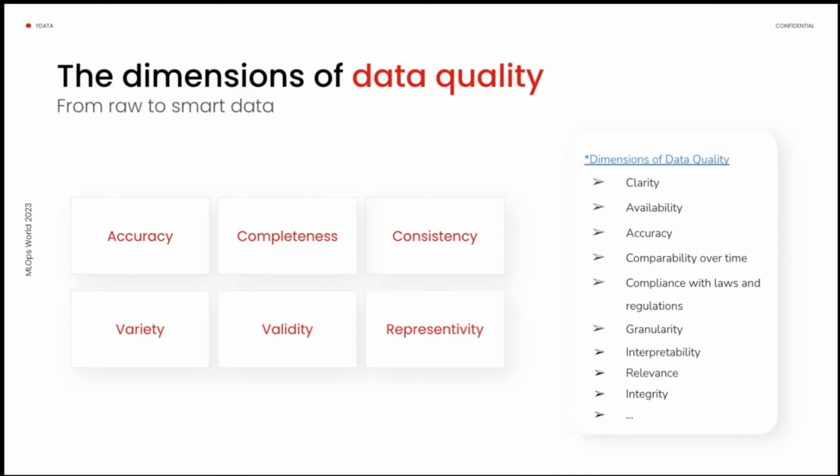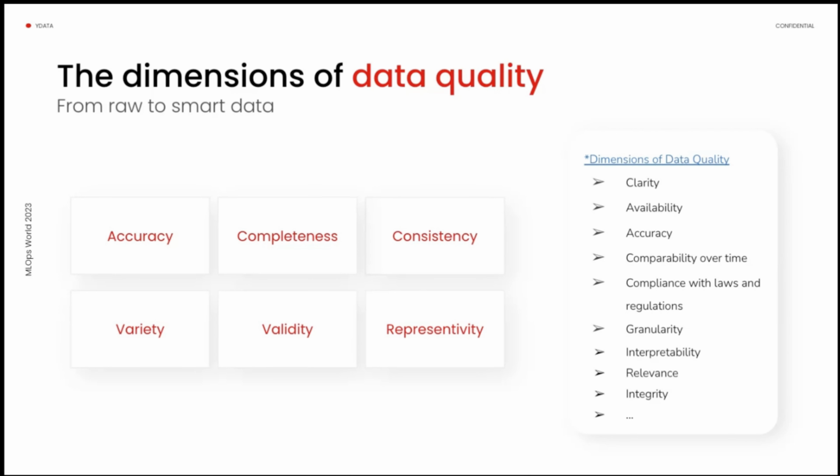And these have been proven even for LLMs. For example, the Chinchilla paper definitely stated that it is possible to train smaller models if you really use well curated and accurate data. But, well, what is good data? 70 dimensions. There are papers stating that. So actually, data quality will definitely depend on the business, on the use case, and on the type of model that you are using.